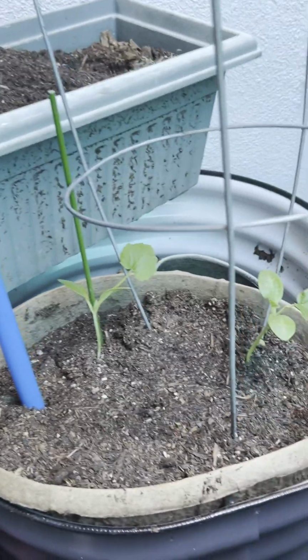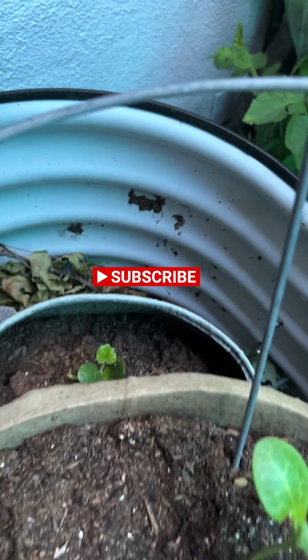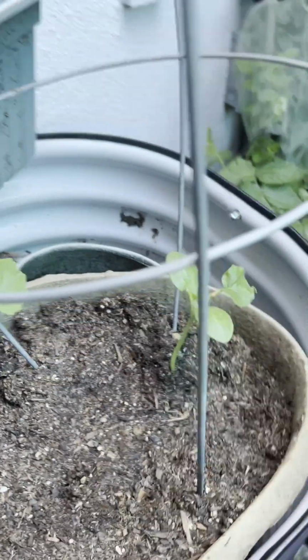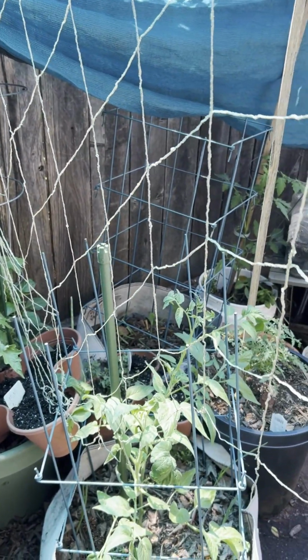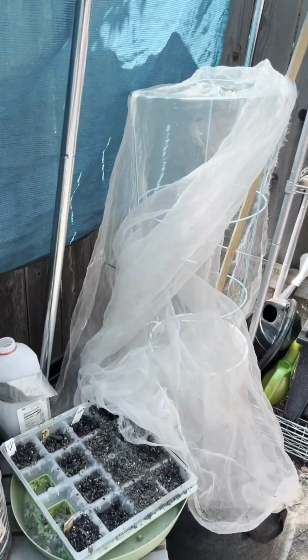I'm excited. If I can go back over here, speaking of squash, there was a little seedling that I was not sure would grow. My goal is to have this grow for these two up this tomato cage, and then maybe hang over, trying to keep careful not to let it hold on to the AC unit. But oh my gosh, this makes me happy. If I can just pan around here, I think this time this will be a productive year. I'm in a really good environment, so much so that I may get to grow, say,